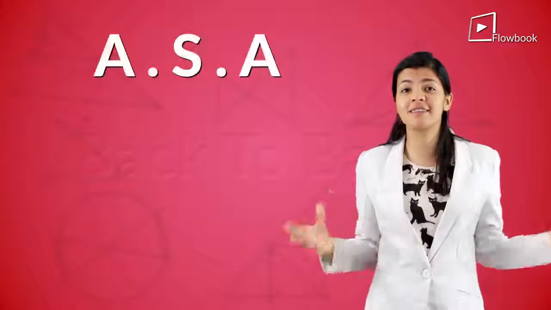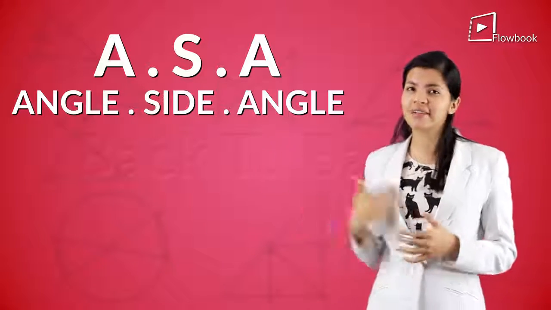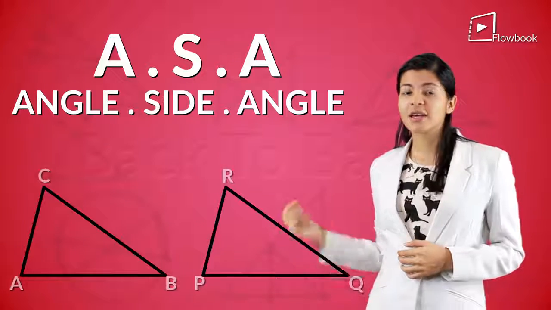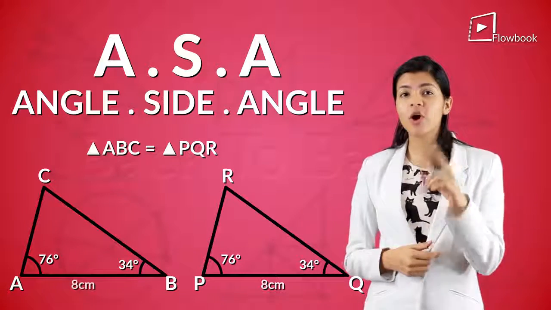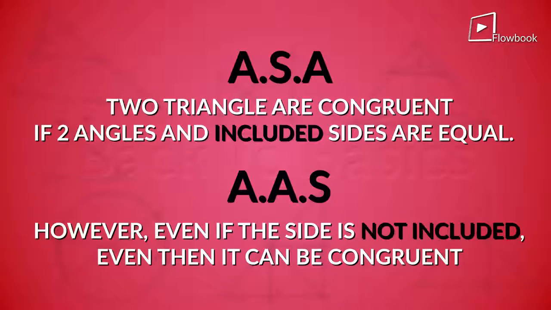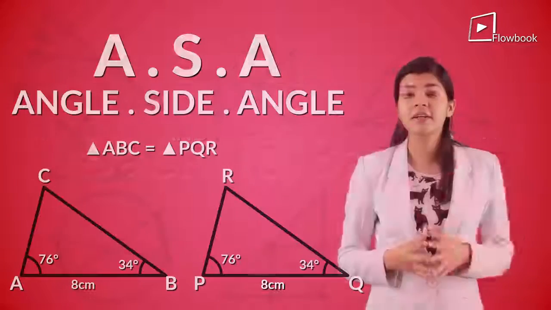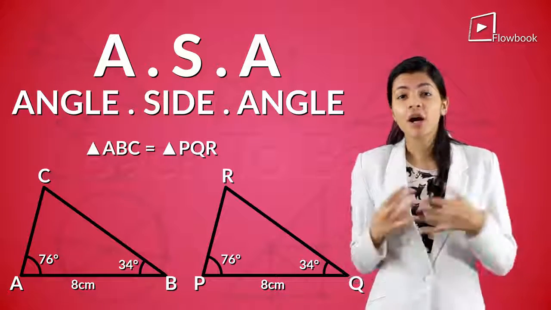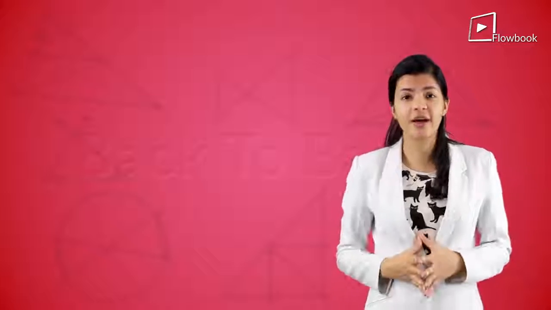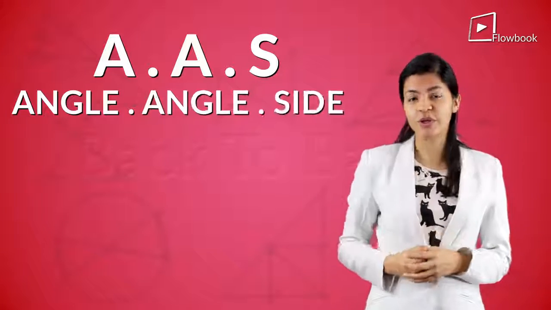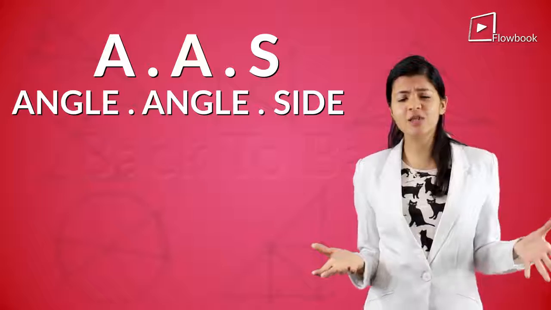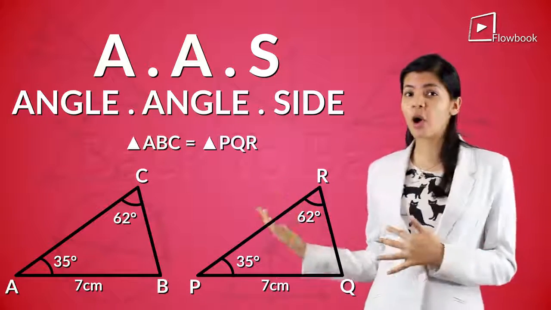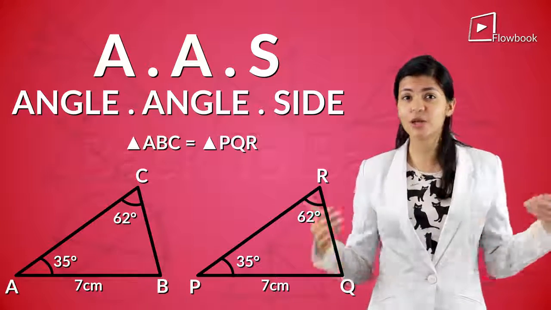Next, we have the ASA condition or angle side angle condition. As the name suggests, what you need in two triangles is 2 similar angles and 1 common side between them. The side does not always have to be included between the two angles. That is, two triangles can also be congruent to one another by the AAS rule, which is angle-angle side rule. It's almost similar to ASA rule. You can see here how these two triangles are congruent to one another, but the side is not included between